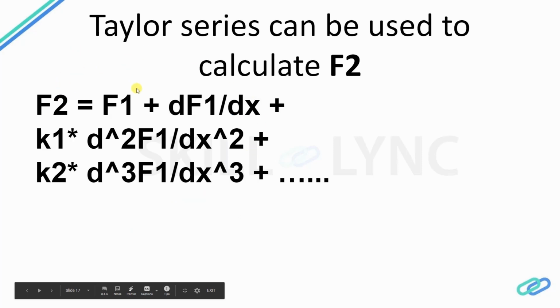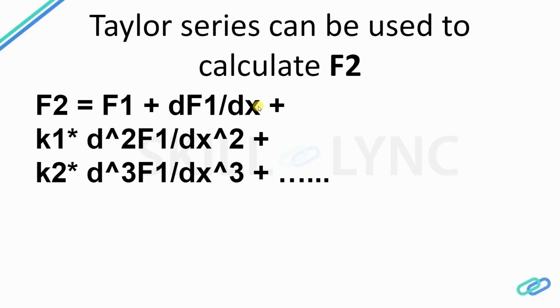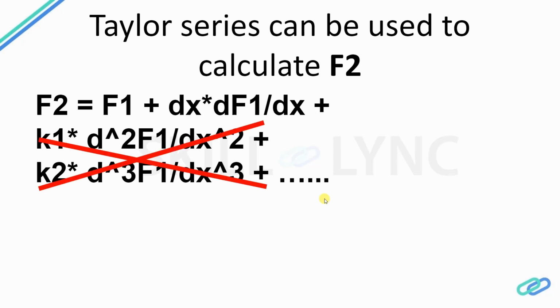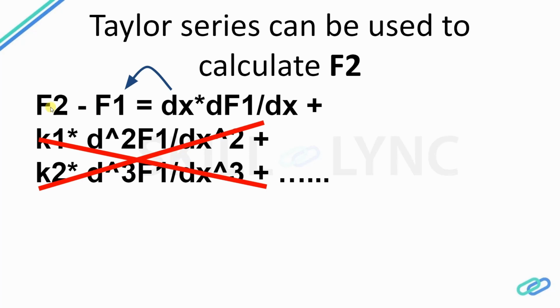We know that f2 is equal to f1 plus df1 by dx plus some constant times d square f1 by dx square plus some constant times d cube f1 by dx cube, and so on. So here, if delta x tends to 0, I can ignore the higher order terms, and it looks like I made a typo. I forgot the dx term, so I've included that. We get this expression, and if I move f1 to my left hand side, I basically get the equation